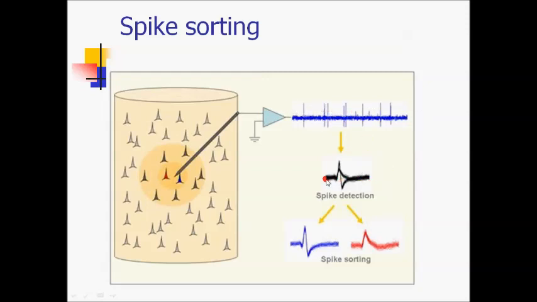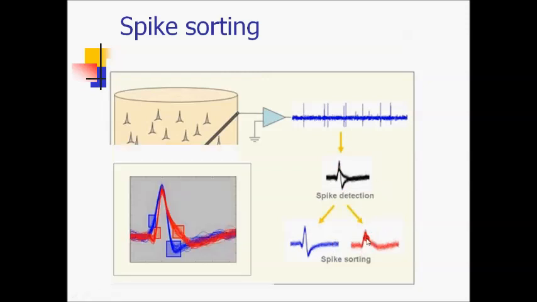After detecting each spike, if we zoom in, we will see that spikes from different neurons usually have different amplitude, but also different shape, and spike sorting is basically this job of clustering this data and saying that this type of shapes are probably from one neuron and these longer waveforms are probably from another neuron. And these are those two different waveforms overlaid on each other to show you that